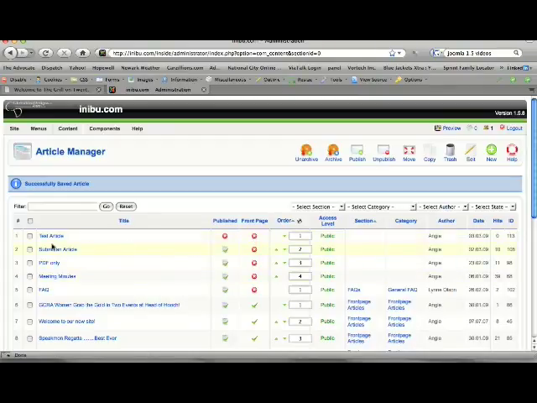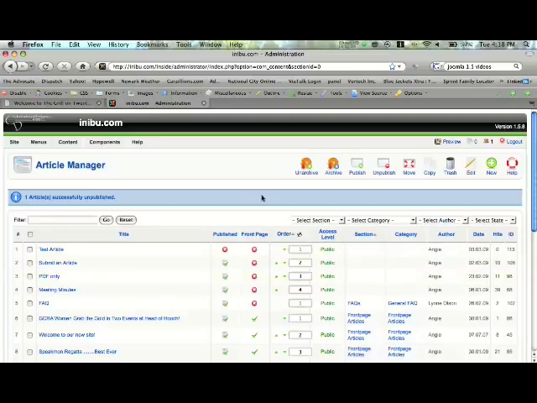Now let's say we were okay with it, we could go ahead and publish it. All you have to do is go to this page and click on that X, and it would publish it. I'm going to go back and unpublish it though, but you'll see how simple and easy that is to do. And then if you wanted to change it to the front page, you again would then click on the X. Now we're going to go back to the control panel, which is what we normally see in